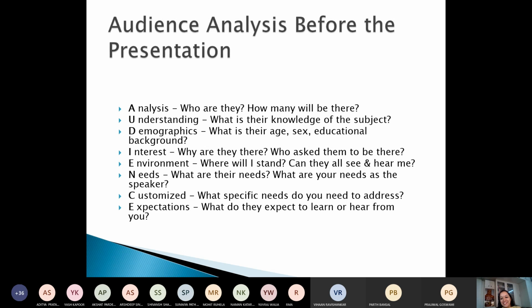Yes, Akshat? What I think is you have to read the room while you present. You have to read the room. Wow, what a wonderful sentence you have used. You have to read the room while you present. I'll note it down, Akshat. Good. Thank you, ma'am. That's very, very important. At that particular moment, you get an idea about the audience.